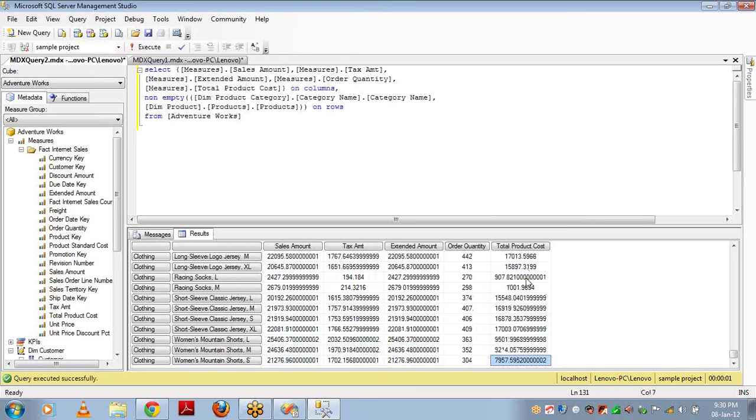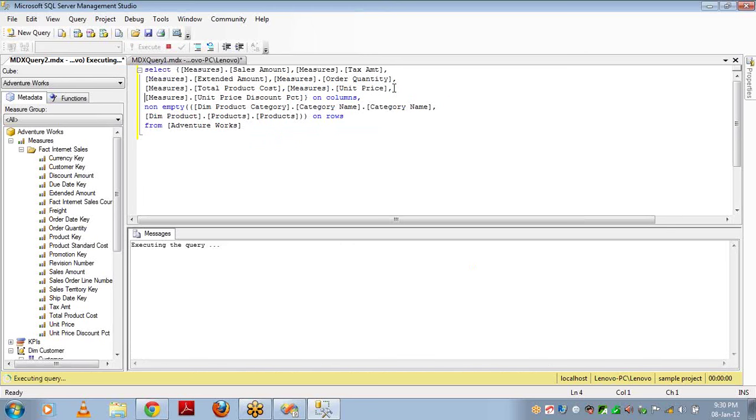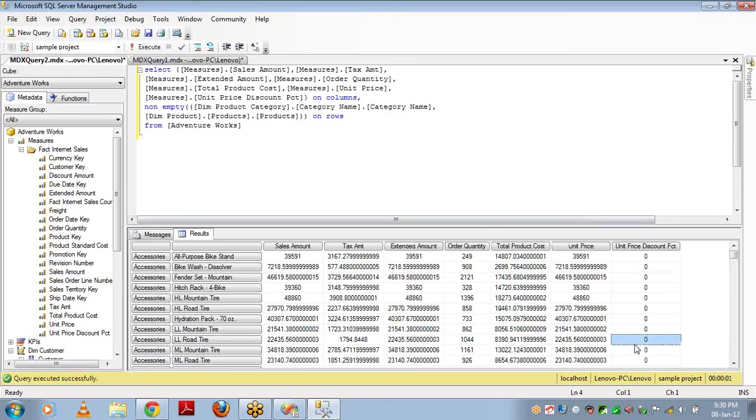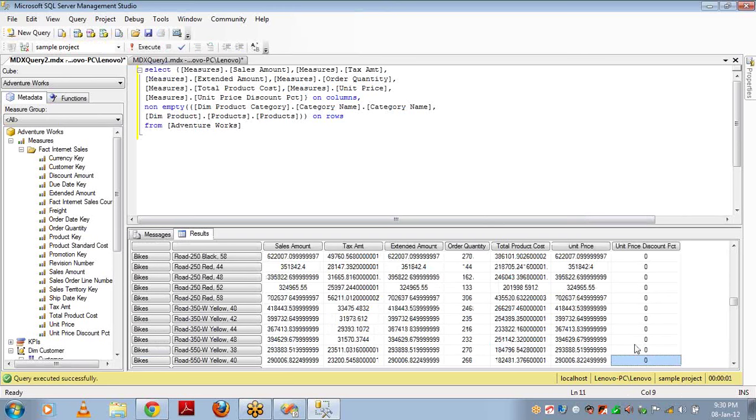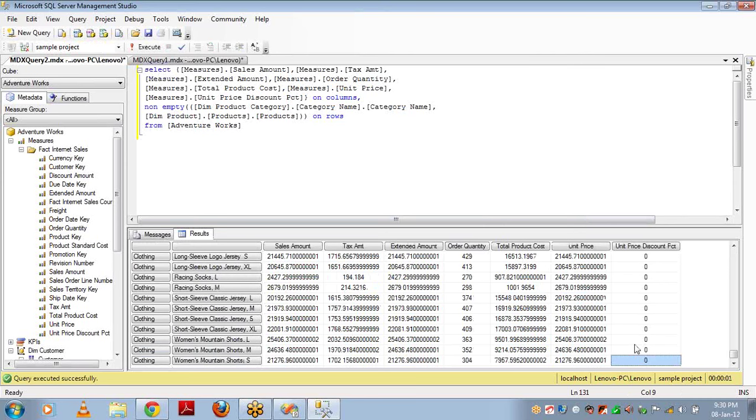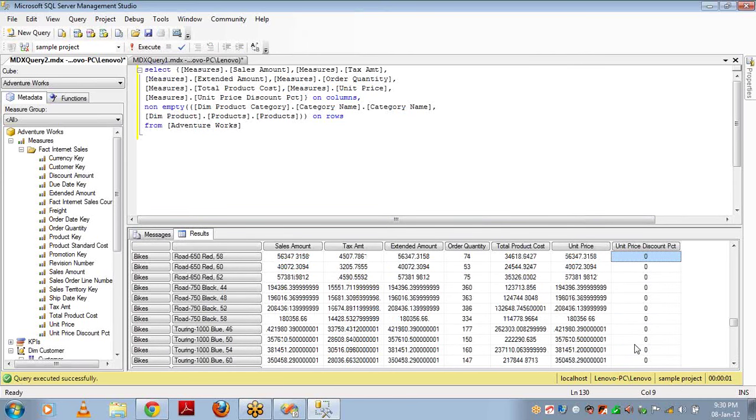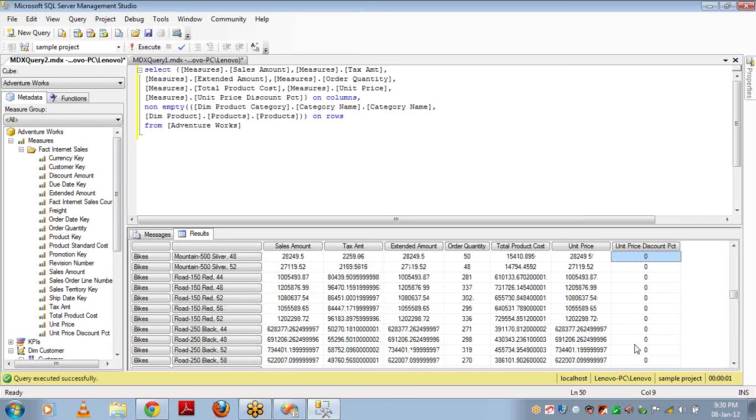It is having values. Very good. Let me drag unit price and total unit price discount package. I'm keeping this in the list of columns. There are no records which have null.